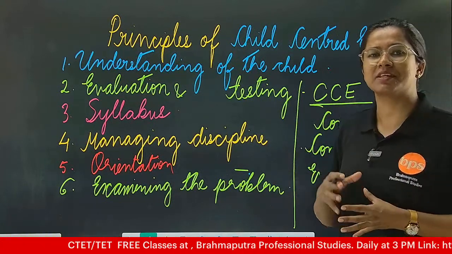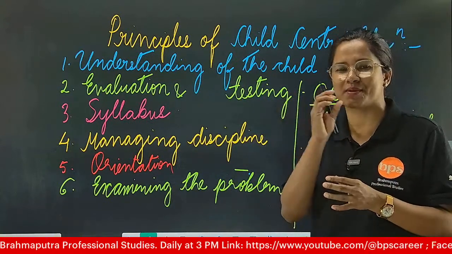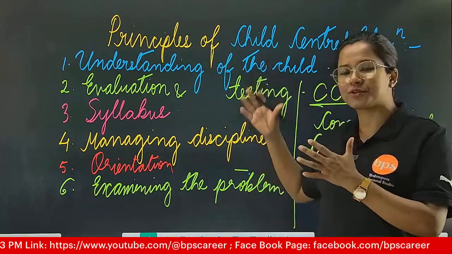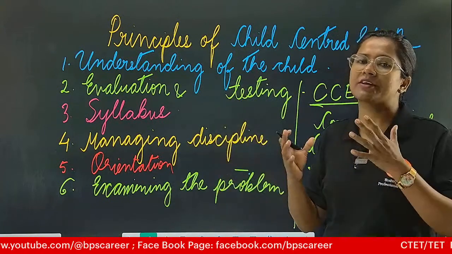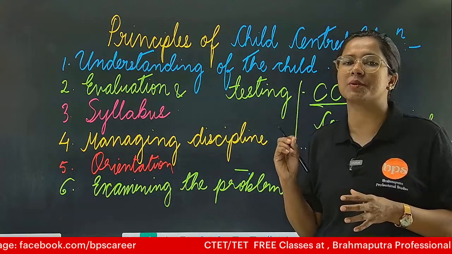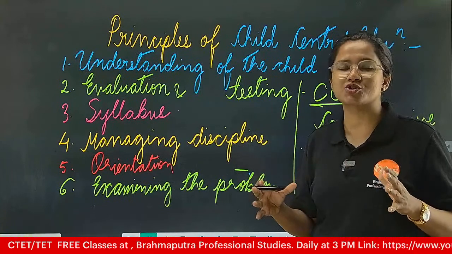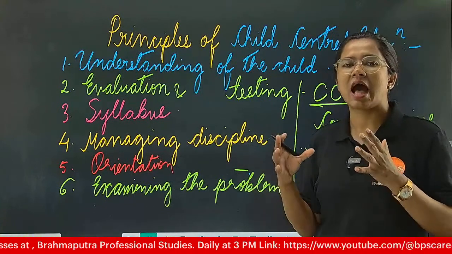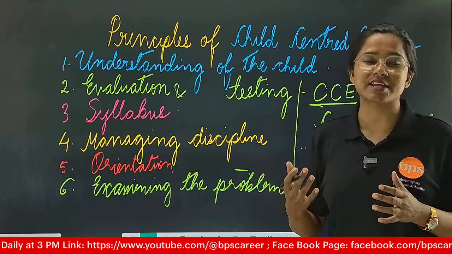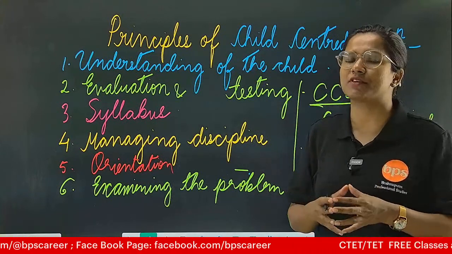And at the same time, the teacher also will be coping up with the problems and issues of specific points, because when a teacher is teaching the chapter, a lot of things will be understood by the child, but a few problems or issues will be there concerned with a few topics. But in a class of 40 to 50 students, a few students may not understand even the concepts which are understood by an average student.